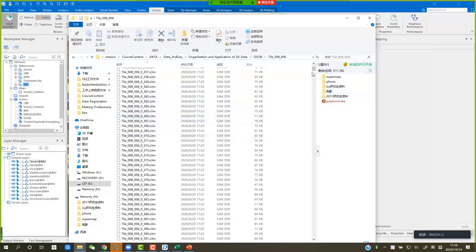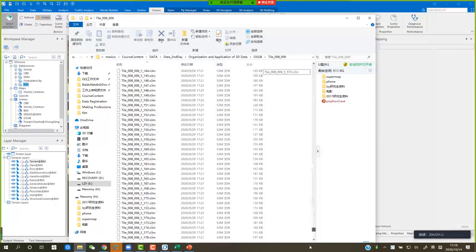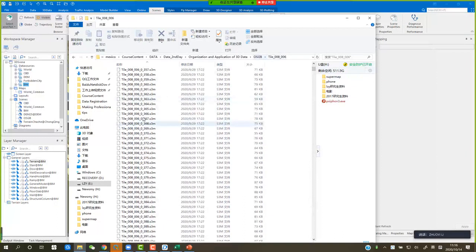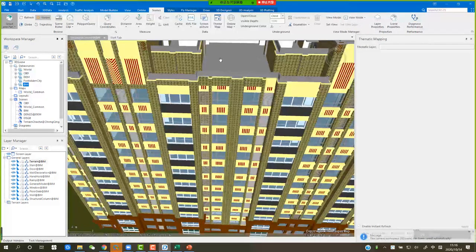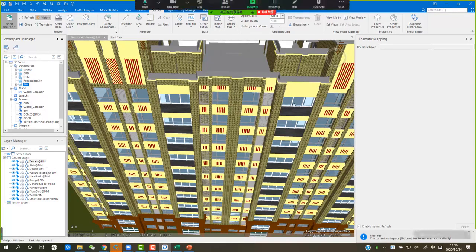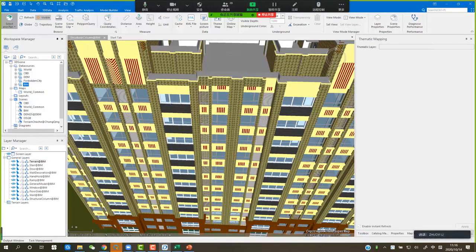008006, and there are so many OSGB files to convert to the .s3m file, which is the compressed file. So if you get an OSGB file, you should convert it to the compressed .scp file and add it to our scene. Okay, and let's do it